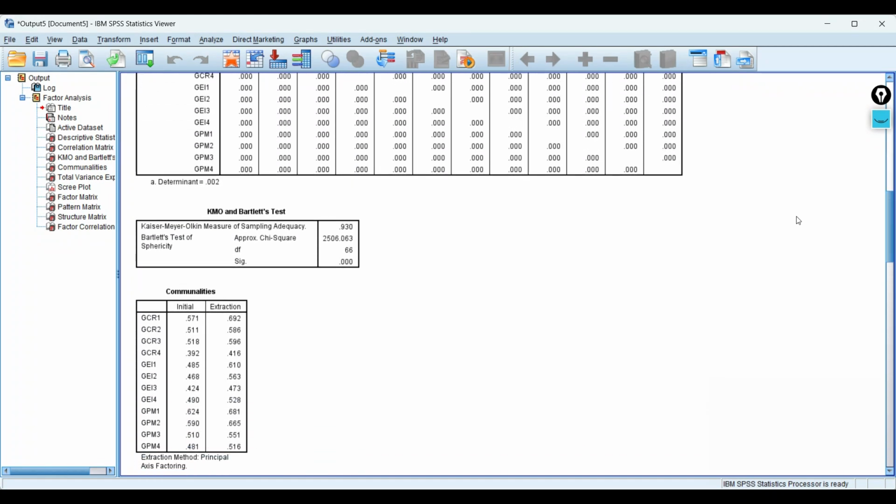Okay, so now we come to the KMO and Bartlett test. You can see the Kaiser-Meyer-Olkin measure of sampling adequacy is 0.930, which is higher than 0.6. So it means the adequacy of our data is good. On the other hand, we see the Bartlett test of Sphericity. The value of P is significant; I mean the value of P is less than 0.05. So in both cases, we see